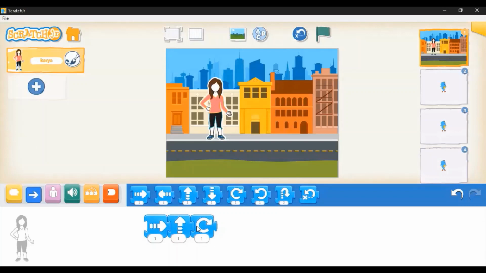Only then they are getting connected. So after one block, the other block will get executed. These are basically commands. I'm giving command to my character to do a particular task. So this set of commands is known as your program or your code. So hence I said that it is a stepping stone towards coding for your little kids.